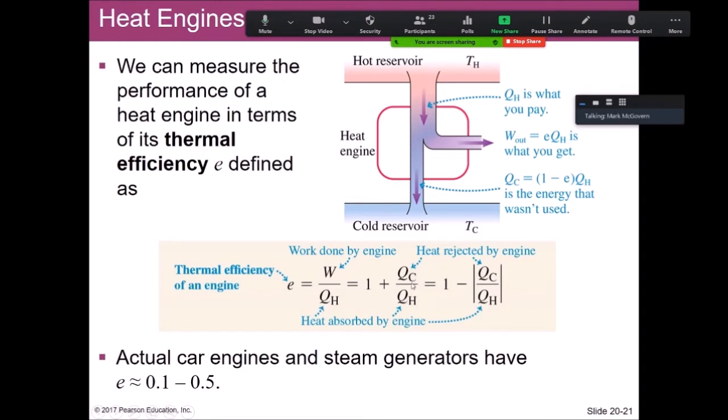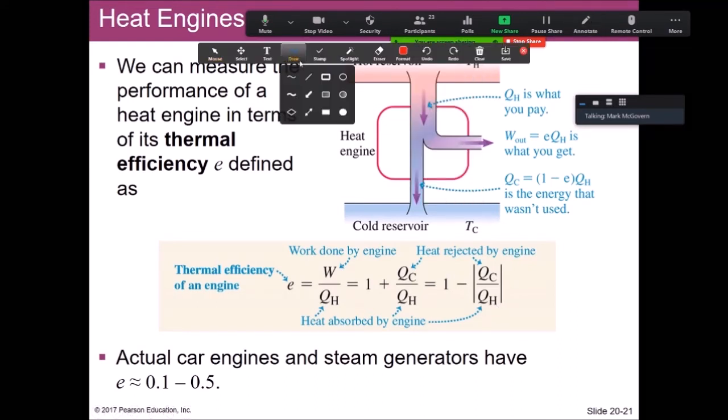Now, be careful with this term, QC, because sometimes there are a couple of different conventions here. I like the one on the right. I like to keep things all positive and realize that this is a difference. So this middle expression, you'll see this in your textbook.